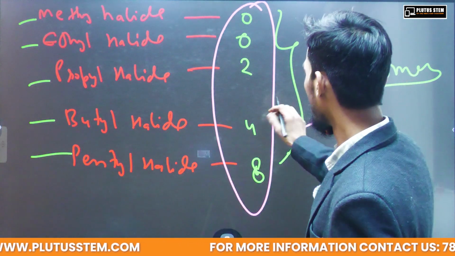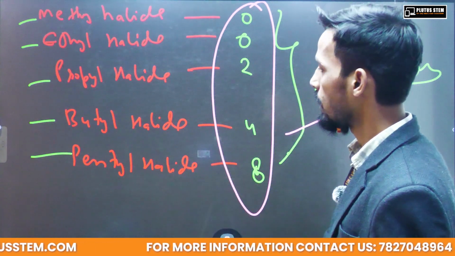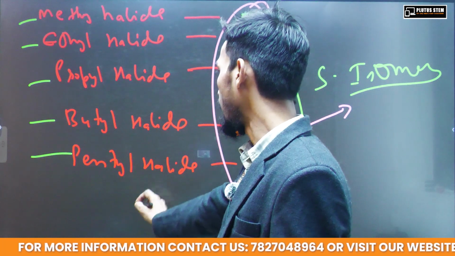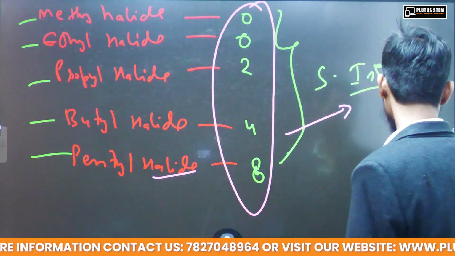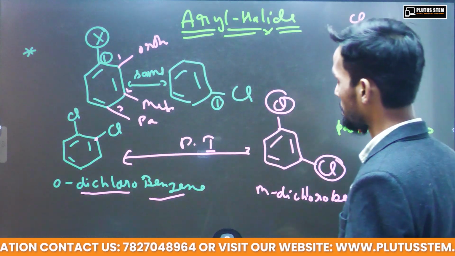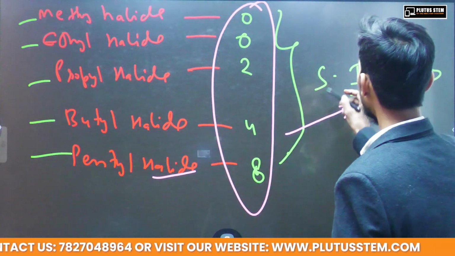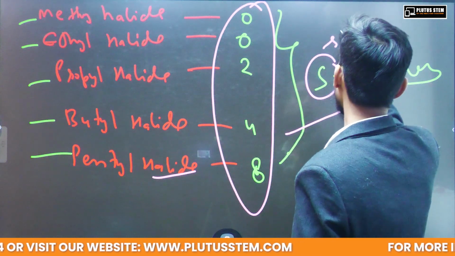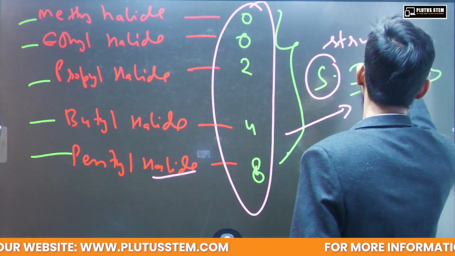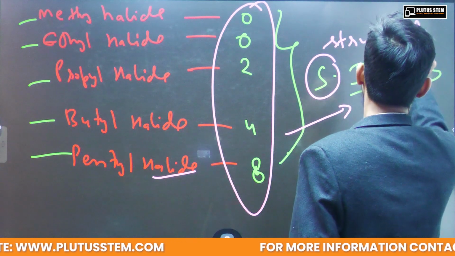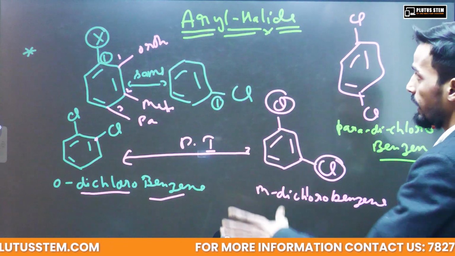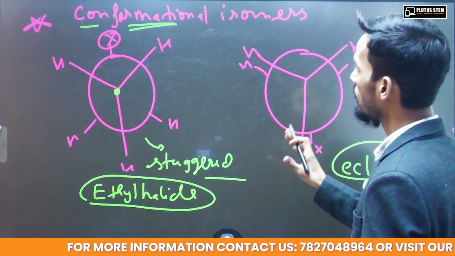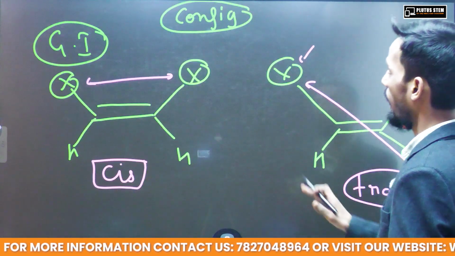You can just simply pick up this number and put it in, whether it is propyl, butyl, pentyl halide, bromine, anything. Remember, it is for structural isomers. Making clear it is structural isomers. Clear? After that, we have seen the positional isomers in aryl halides also, a bit more,